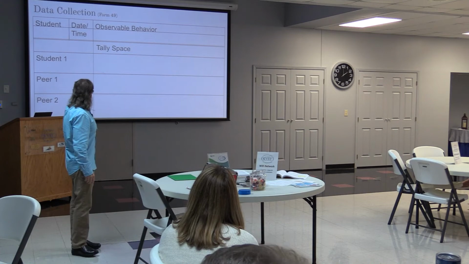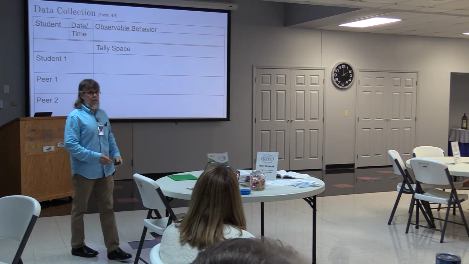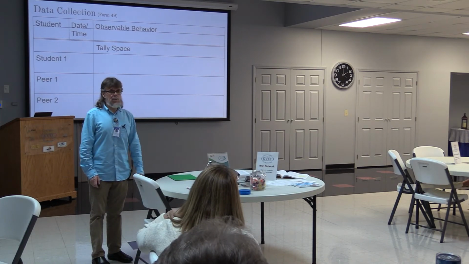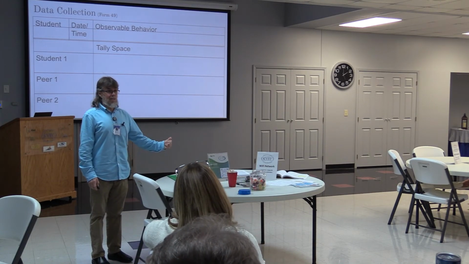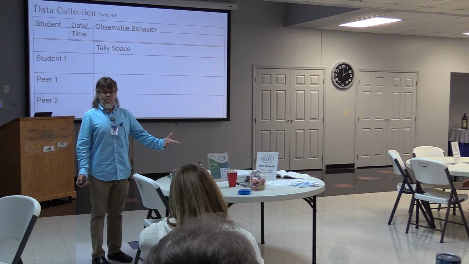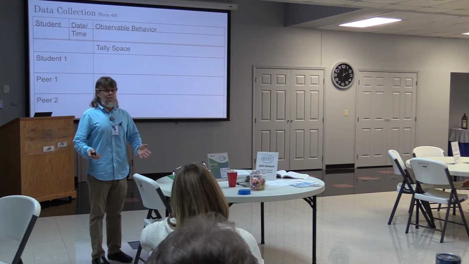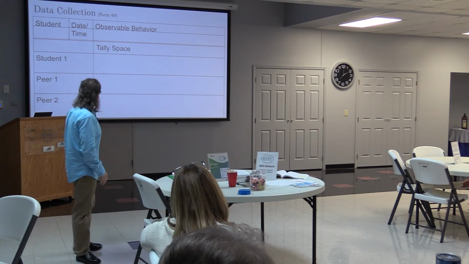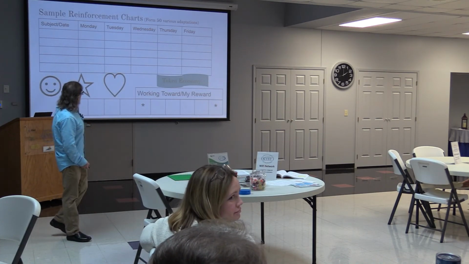And then you want to look at the student that we're looking at. How many times does that happen? And then we look at peers as compared to peers. So if we have a student that taps his desk 15 times and we have a peer that taps their desk 20 times, which student has the bigger problem? The student that we're looking at or the peer? The peer. But because our kiddos are the ones in the special classes, they're usually the ones that get looked at harder, under a microscope more.